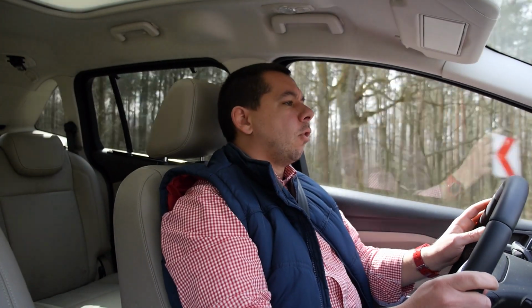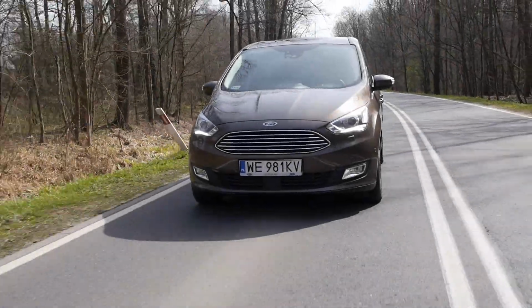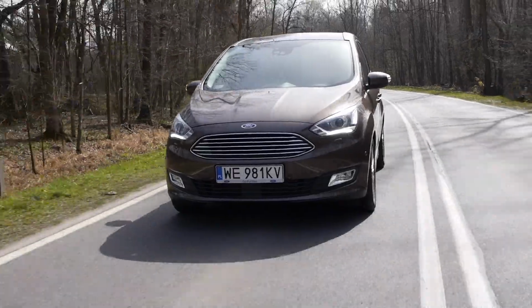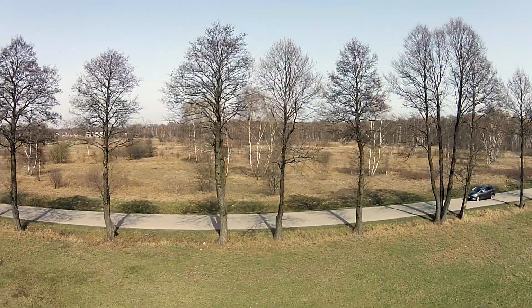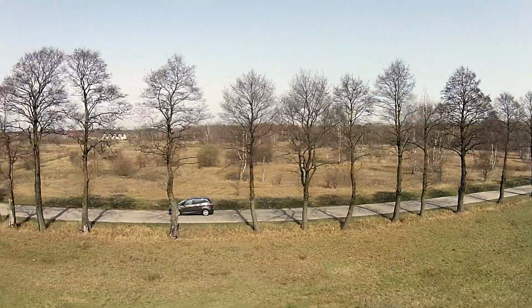Visibility is good, the noise level doesn't change much above 100 km per hour, steering is precise, although suspension is on the hard side for a minivan. As part of the facelift, Ford gave the C-Max all the current safety systems, starting with simple things like blind spot monitoring or lane assist, through a bit more complicated stuff like adaptive cruise control, all the way to advanced systems like active city stop, which is an emergency brake assist ready to stop the car from speeds of up